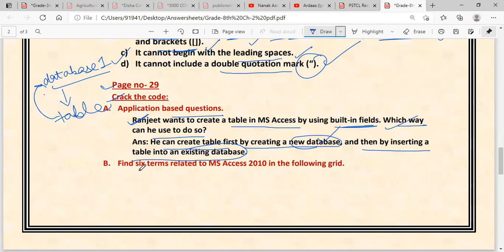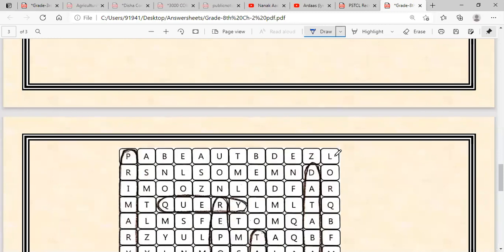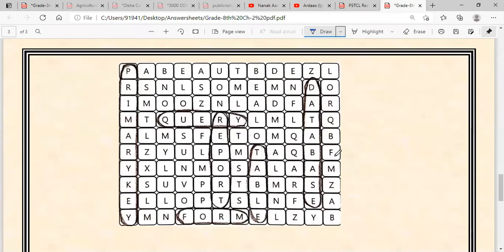Now find 6 terms related to MS Access 2010 in the following grid. Now find any 6 terms which are related to your chapter MS Access. This is your primary key, and this is query, and this one is report, which is also a part of MS Access, and form, and table.